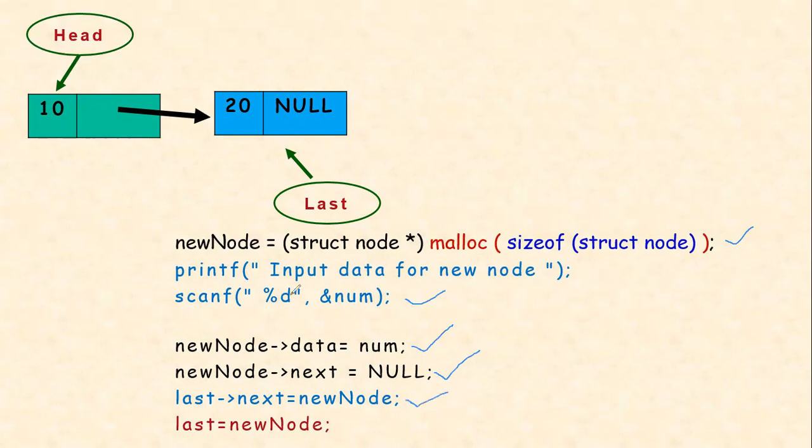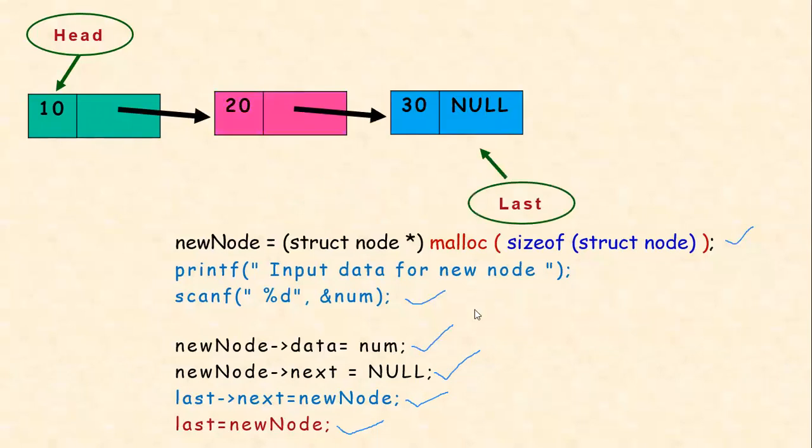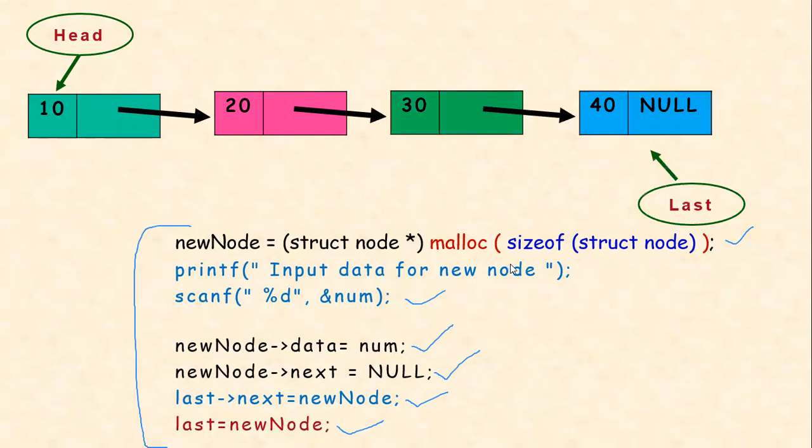I mean, you are linking the previous node and the new node, and you are making the new node the last node. These are the steps. Okay, so let us see whether this has happened or not. Similarly, if I create a new node, again I have to run all this code one more time. Okay, so I have assumed that I have executed all this code one more time, then a new node is created. So this is how a link will be established.